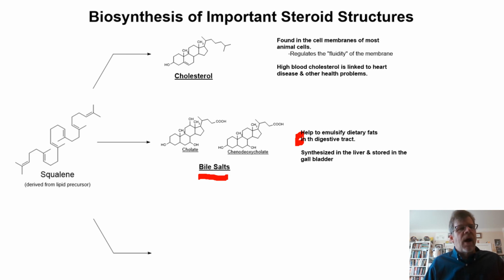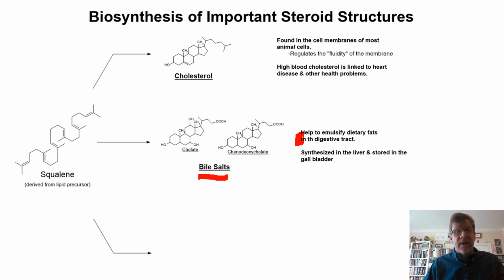So when you eat a fatty meal, what the bile salts will do is to emulsify those globs of fat, I know that's very appetizing, within our stomach, so they can be small enough to be taken up by our intestines and brought into our bloodstream and towards our cells,